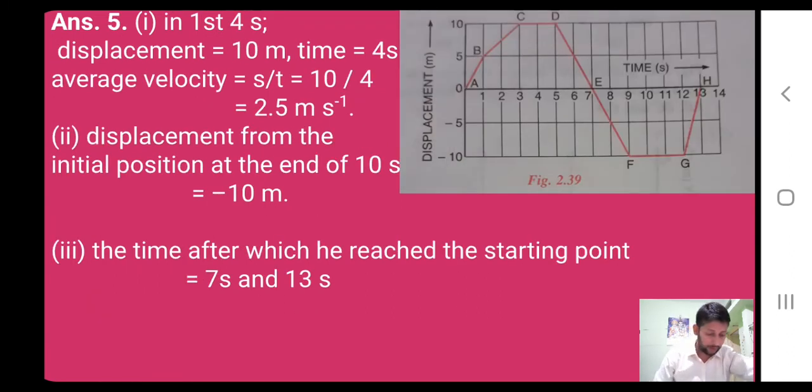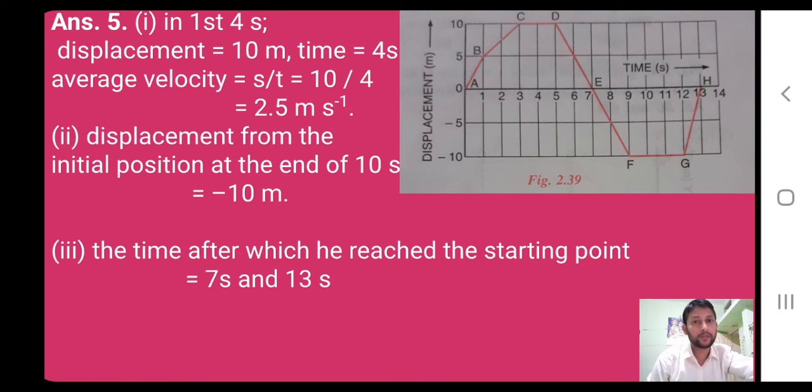Here, from displacement time graph of a cyclist given in figure 2.39, find the average velocity in first 4 seconds, displacement from the initial position at the end of 10 seconds, and the time after which he reaches the starting point. So here you can find the displacement in first 4 seconds is 10 meter. Time taken obviously 4 seconds. So average velocity will be displacement by time, which is equal to 10 by 4 equal to 2.5 meter per